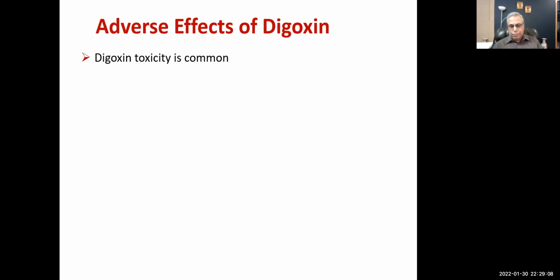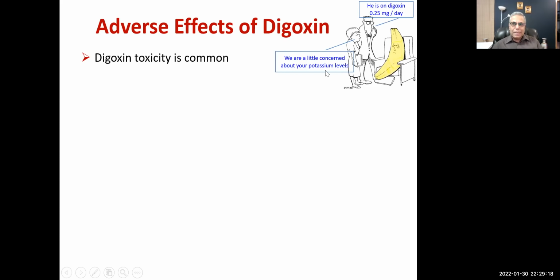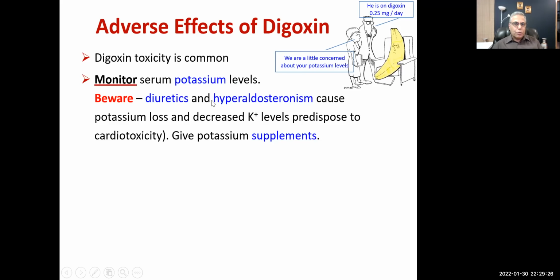Adverse effects: the toxicity of digoxin is common, especially when there is hypokalemia. That is why we always monitor potassium levels over here. And this is just a joke over here. It says because bananas have a high level of potassium in them. So monitor serum potassium levels, beware diuretics and